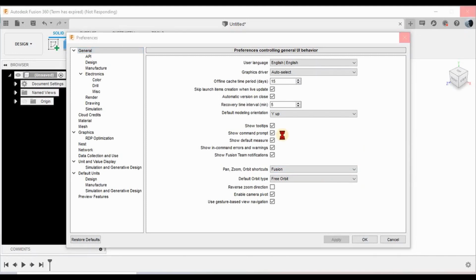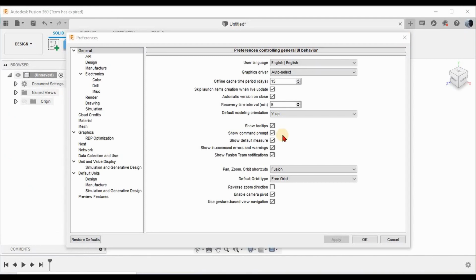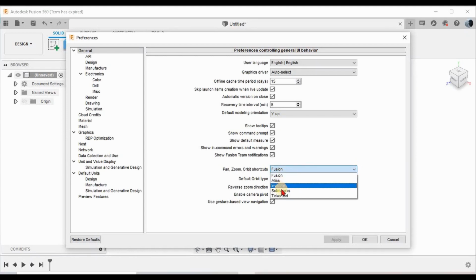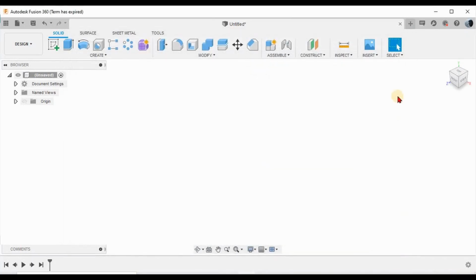But if you were previously working with other software like SolidWorks or Inventor Professional, so you are comfortable with the shortcuts available in that software, this option allows you to choose between different software interfaces. If you are comfortable with SolidWorks, you can always opt for the SolidWorks interface, and all the shortcuts will be changed to SolidWorks. I am going to stick with Fusion and click OK.